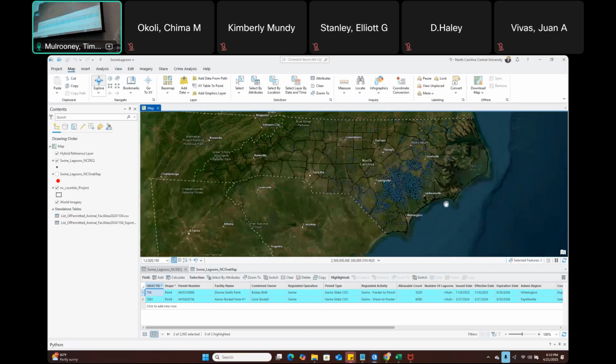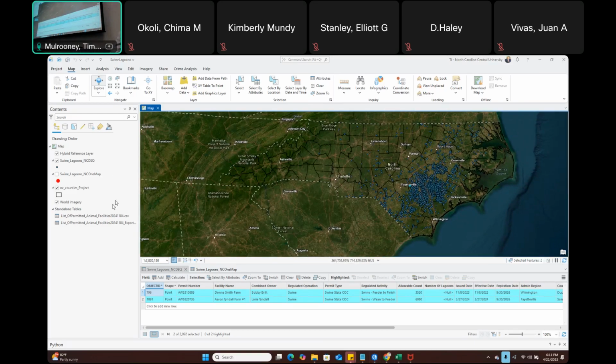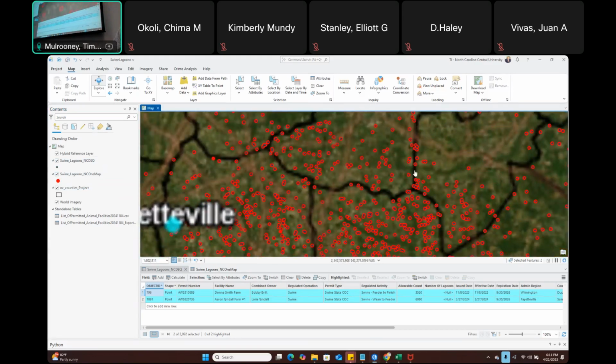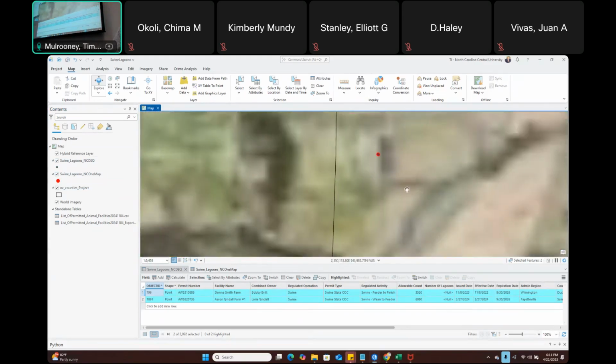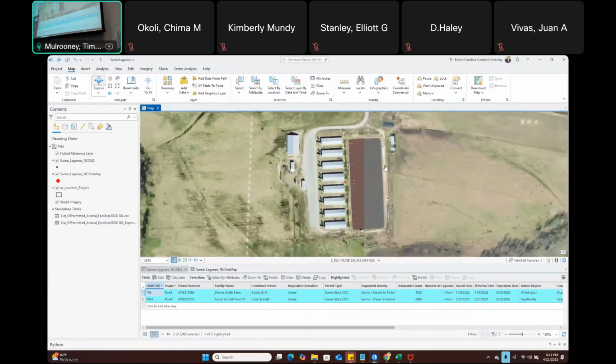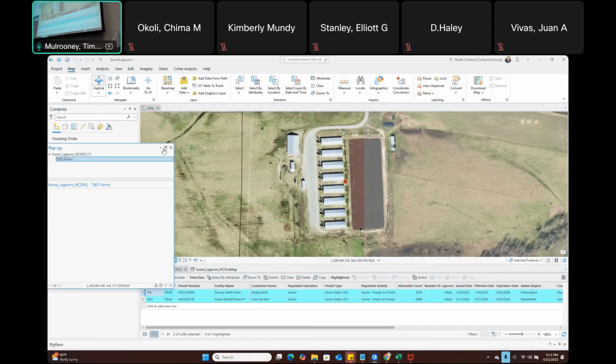someone from the Rachel Carson Institute came, and now does anyone recognize this map right here? What's this look like? Here are all the swine lagoons from the North Carolina One Map. Here's another map that has all the swine lagoons from the Department of Environmental Quality, and they're slightly different. When we zoom into these points, you can see the actual swine lagoon right here. And if I were to click on this point right here,